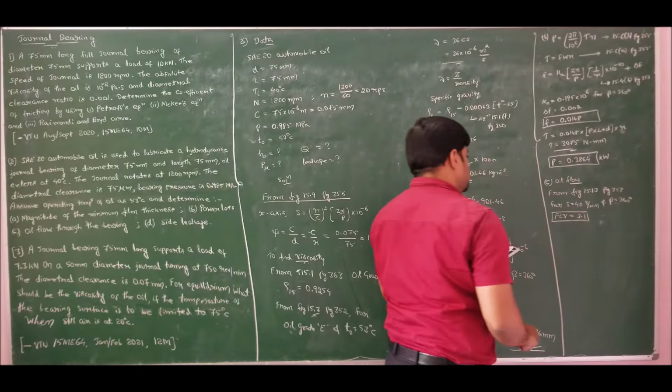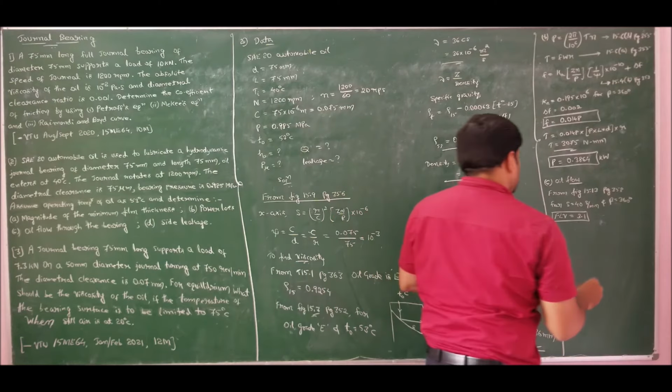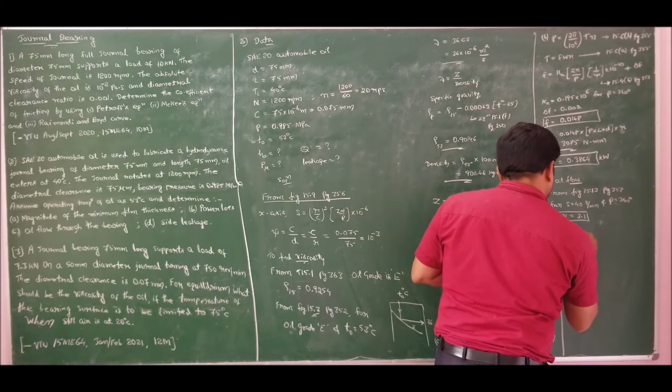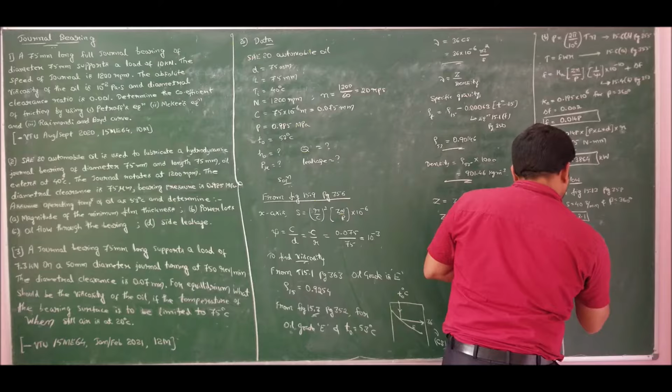You have the flow variable as 3.1, and also from another figure, that is figure 15.14 of the same page,